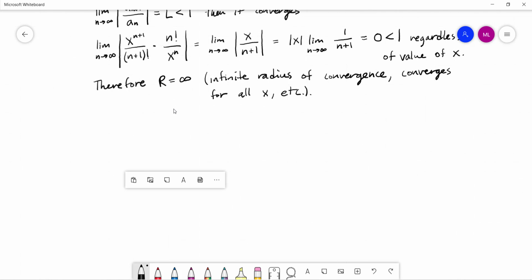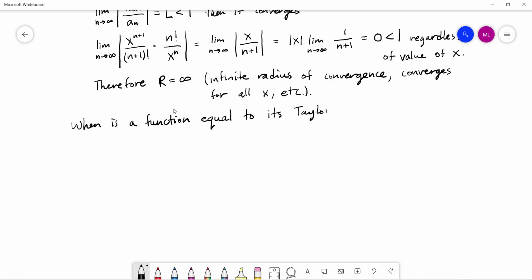This is kind of an important question we should ask ourselves, probably before I move on and do a bunch of other examples. When is a function equal to its Taylor series? When do they represent the same thing? So when is a function equal to its Taylor series? We've kind of already talked about it, but